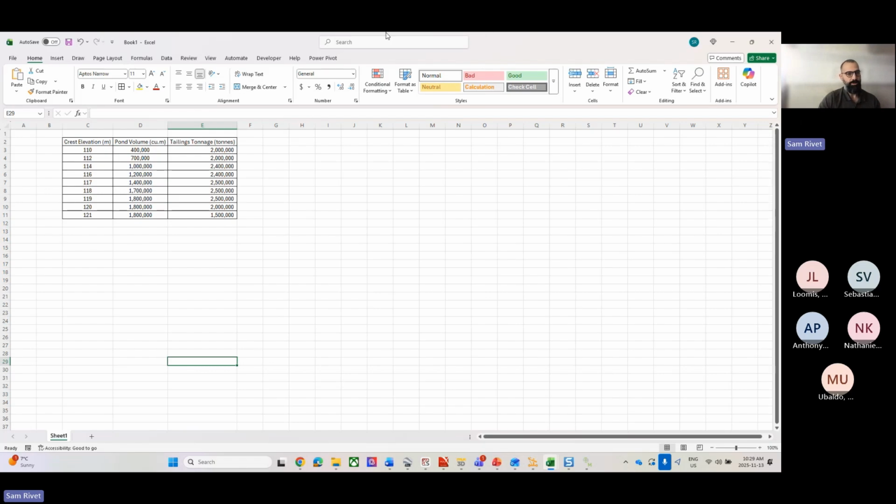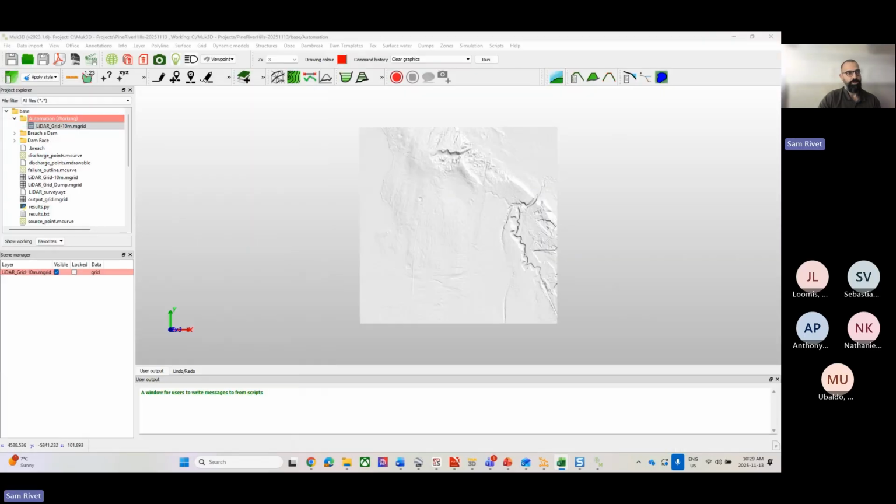Because essentially I'll be doing the same thing: build it up, pour some tailings, this is my pond volume, take a look at it, maybe take a snapshot, take a picture, and then do it again and again and again. So to accomplish this in a more streamlined fashion, I'm just going to leverage the macro import feature. But before we begin,